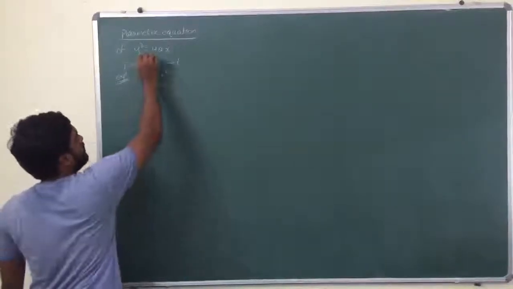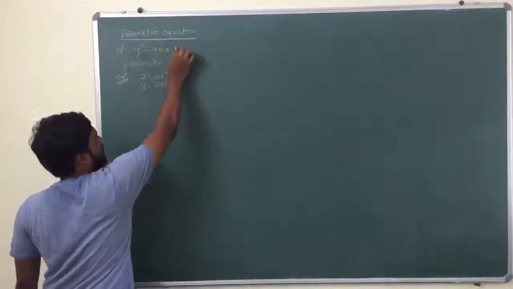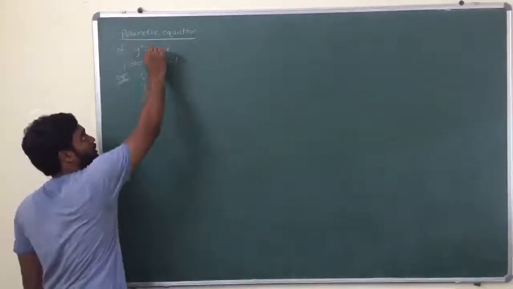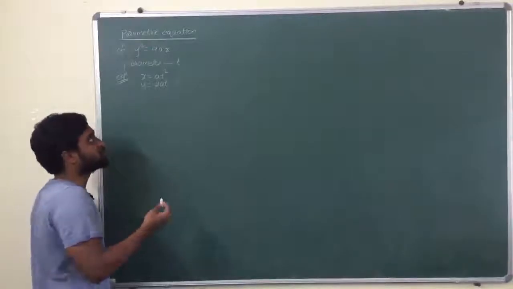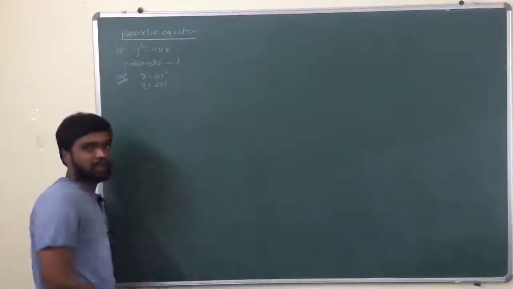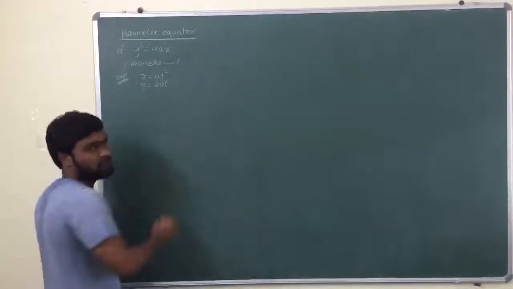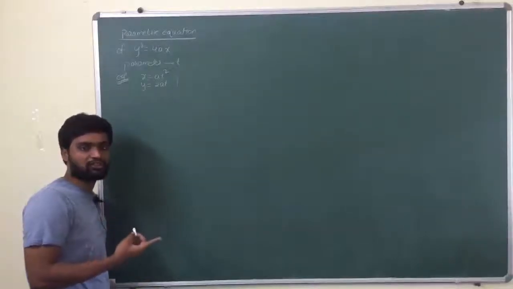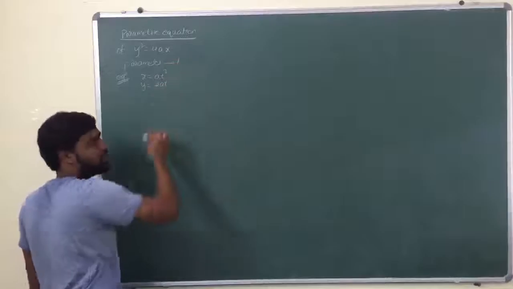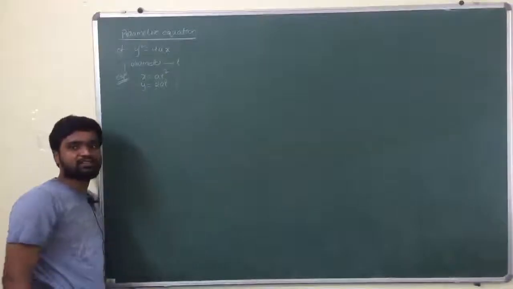How is it simple? See, in LHS there is a perfect square. So if you are able to convert the RHS into a perfect square, then 4 is already a perfect square, 2 square. Now there is a single a. So if I get another a, I'll get a square, which is also a perfect square. And then there should be a parameter. You should not end with a, because a is constant, 4 is also a constant. Now there should be a parameter t. Using t also you should make a perfect square, which is t square. So that's how you got x is equal to at square.